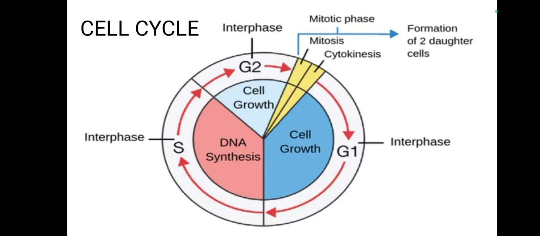Next, coming to the important part, the cell cycle. Many of the students are confused about the cell cycle. The cell cycle means the division of the cells, and if we consider the normal cell cycle, our body has a mechanism that can control the cell division, and if there is abnormal growth of the cell, there is no control, there is any kind of DNA and